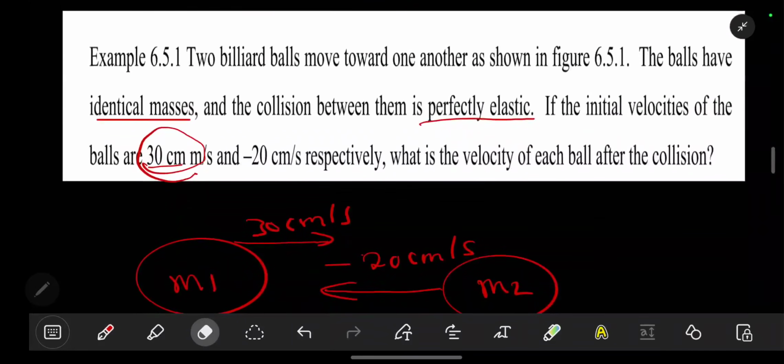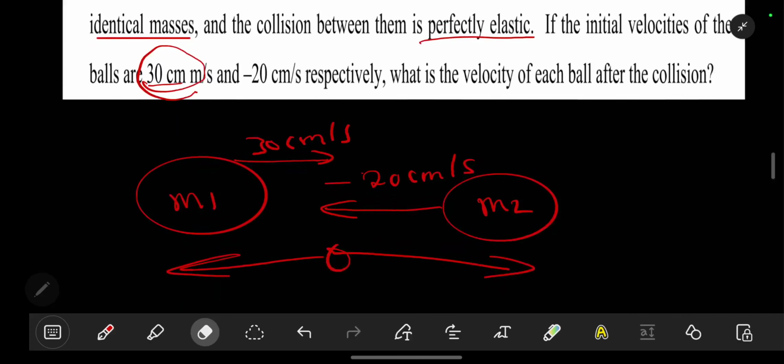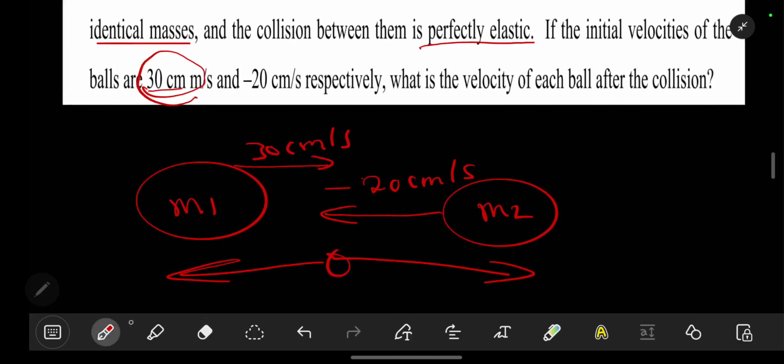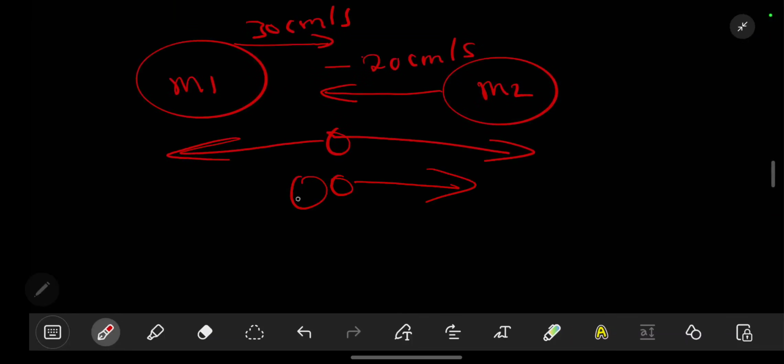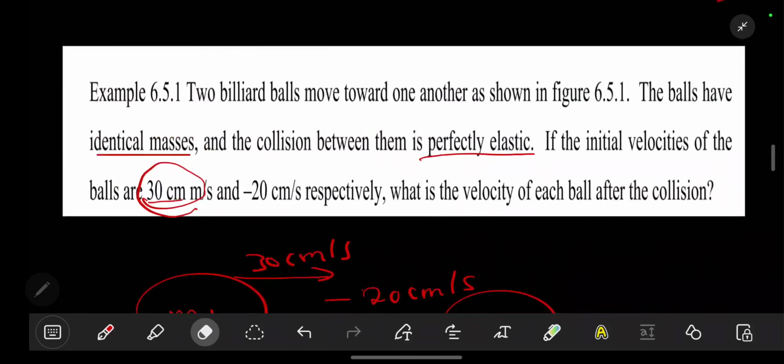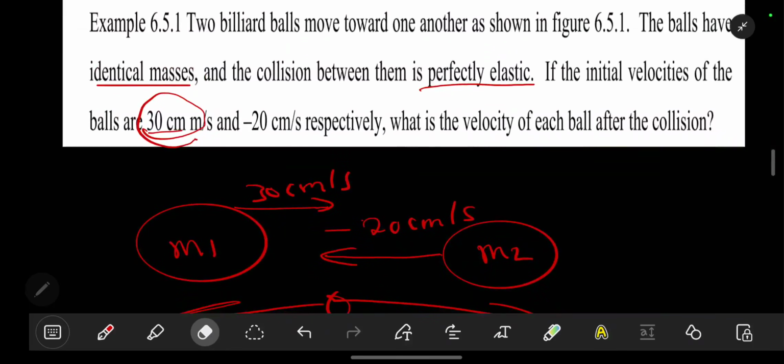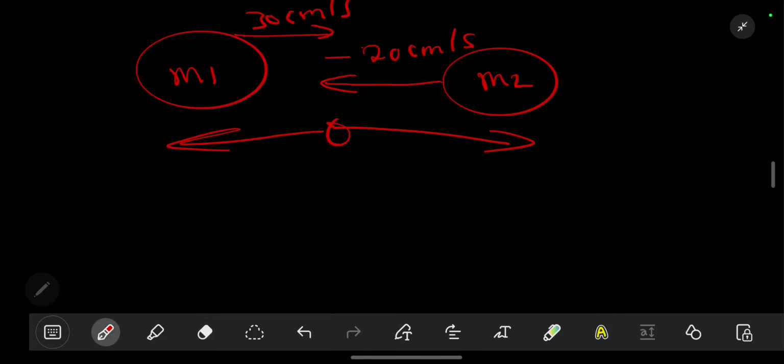So to find the velocity of each ball after the collision, meaning after they collide. A collision is where they strike each other. They can stick together or move in opposite direction. So to answer this question, we know that under perfectly elastic collision, the momentum is conserved. We can say momentum